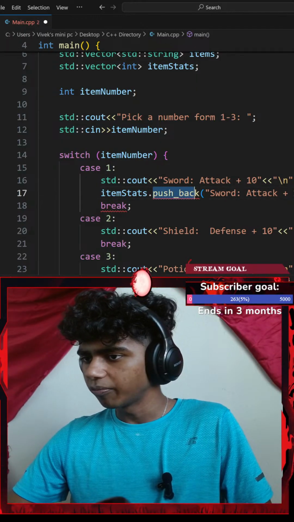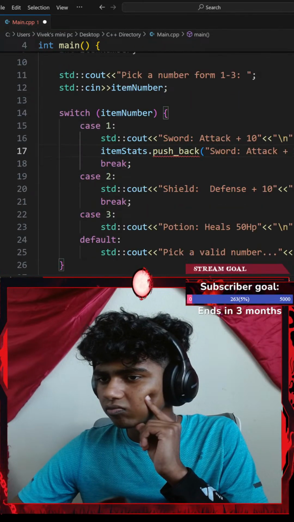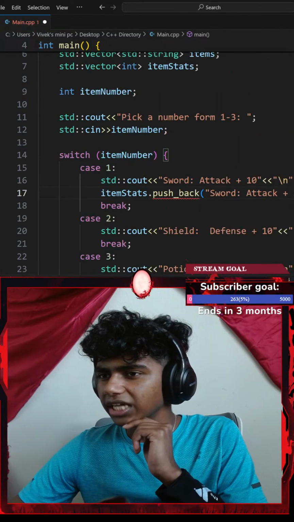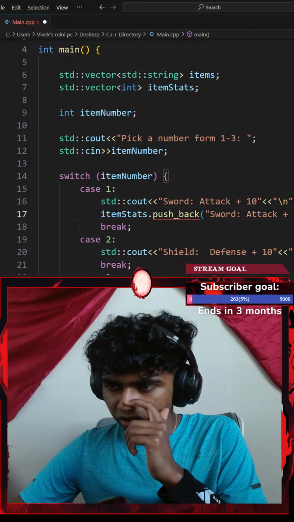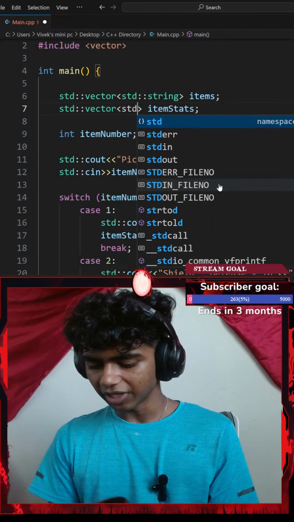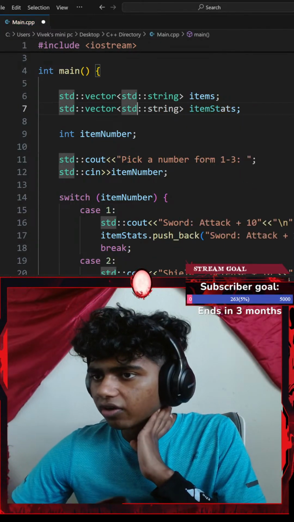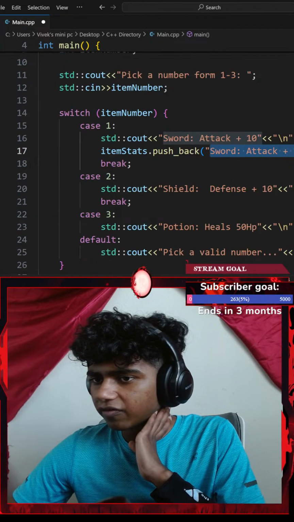Okay, push underscore back function's correct as well. Maybe a semicolon. Can't I push something back? Oh, okay, wait, that is an integer. So that is a string, so let's go with a standard string. Okay, there we go. Now I push that inside my vector.